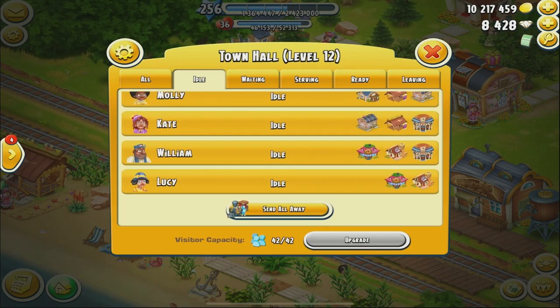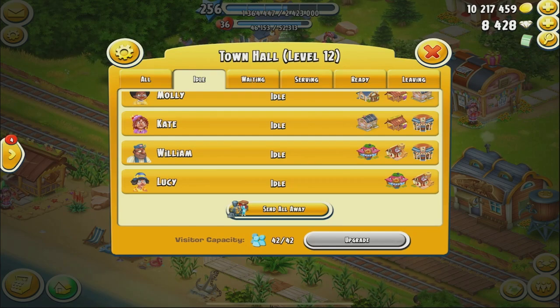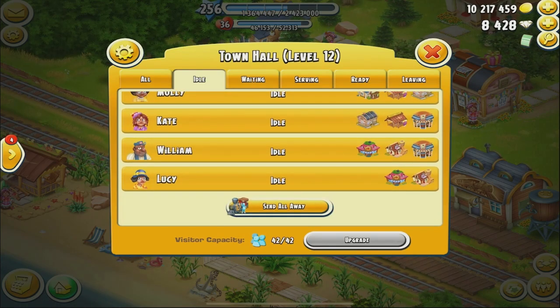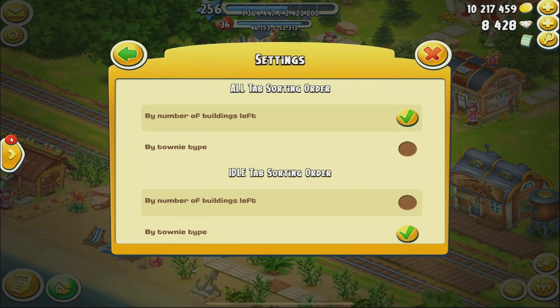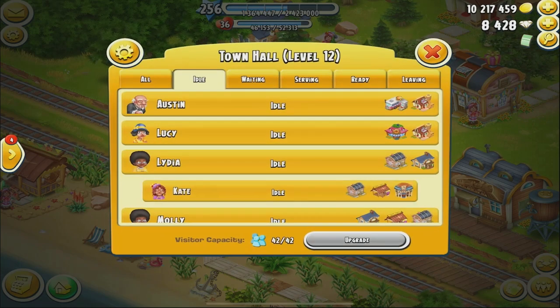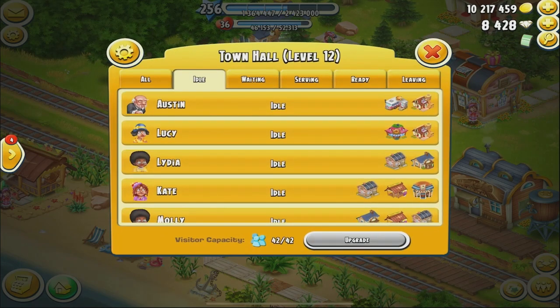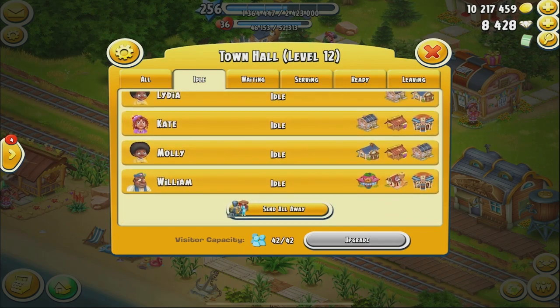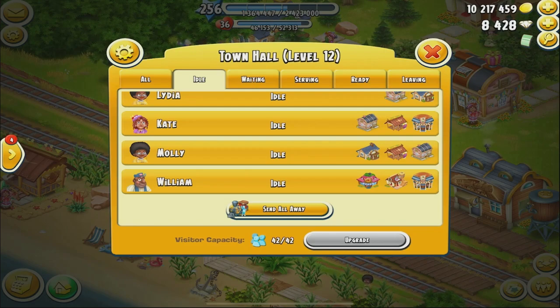I've got a dancer, a mechanic, and a lady all here. I could go in there and change this and make it by buildings left. If I clicked on the green arrow and then went back, it would just show it. But to me, this could be good. So remember that you can change your settings to suit what you need it to suit